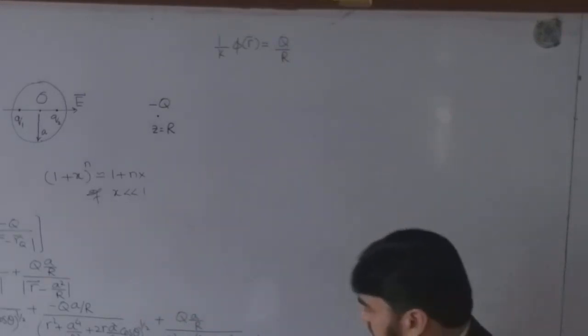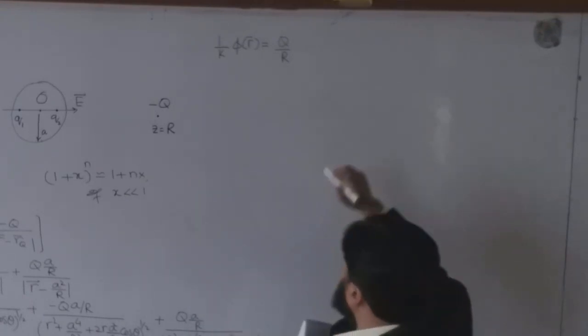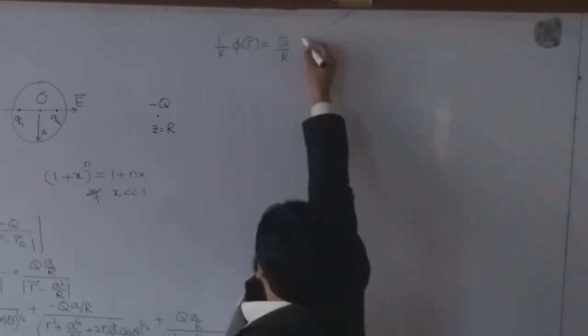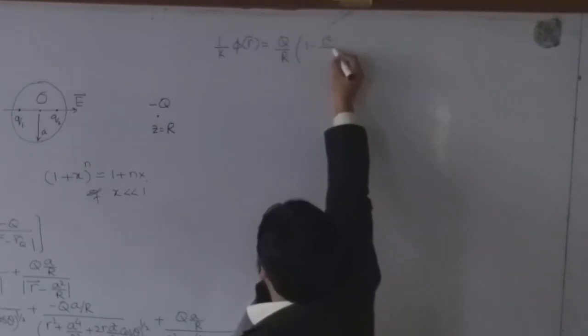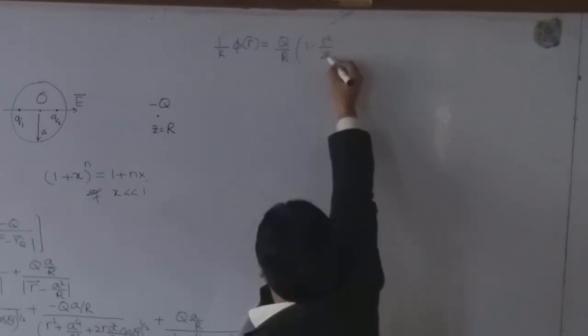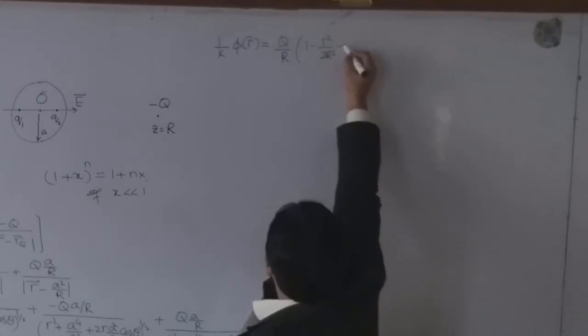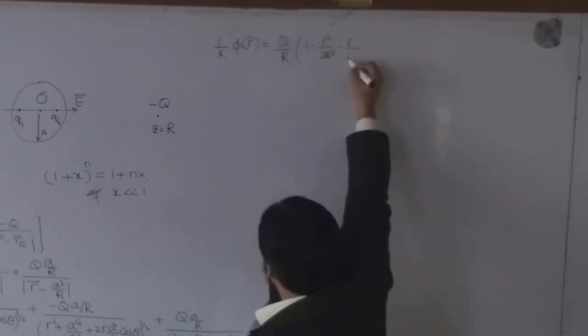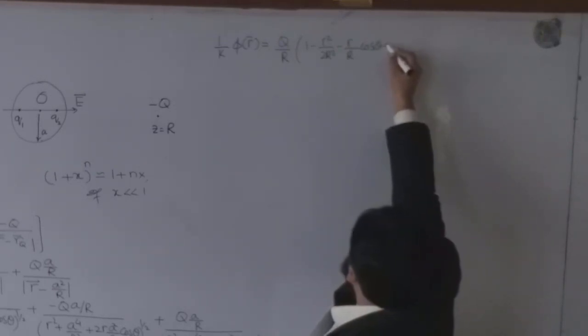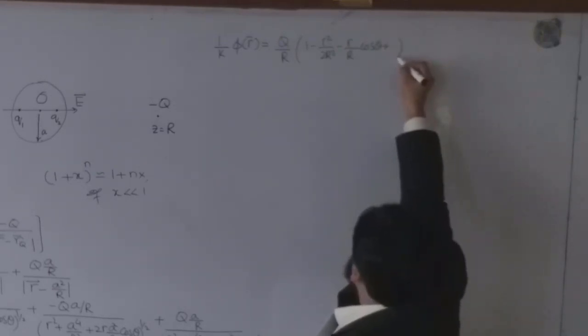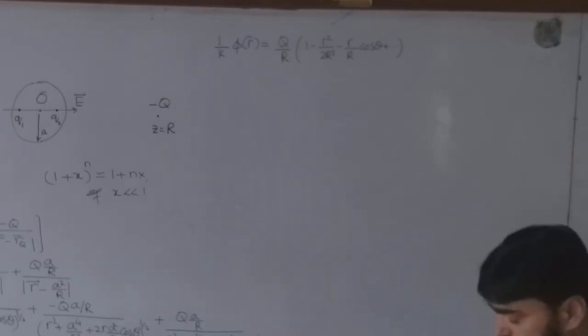What is the remaining term? The remaining term is this one, and this is equal to 1 minus a square over 2r square minus a over r cos of the angle plus some other terms. And then plus,